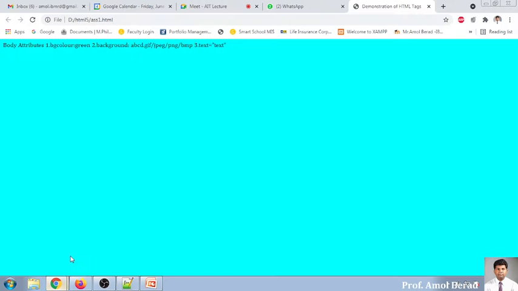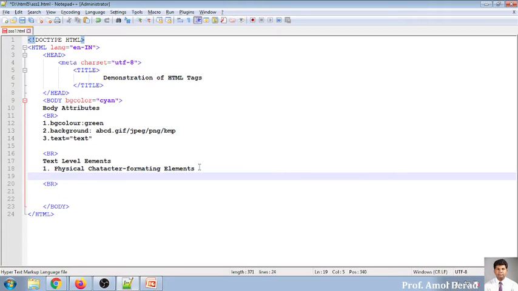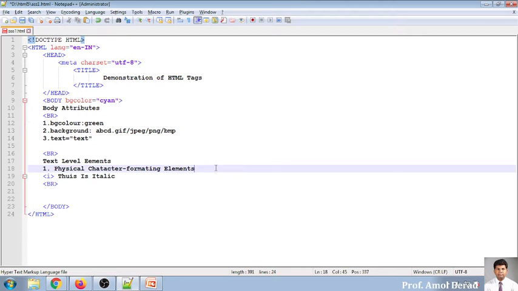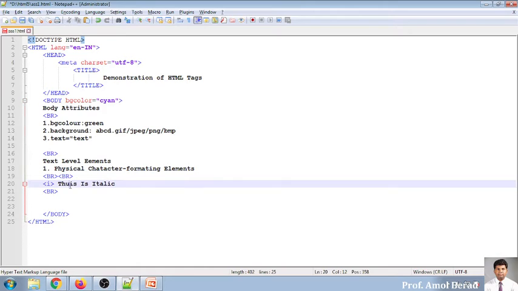So I just get a display of how it will look like. So see, a body tag is there, and then text element. So I want this to be specified. Okay. Now first, the I tag is there, italic tag. So this is italic. So I want to get this output. So I'm using BR 2-3 times. So BR, that means you will be identifying the output directly. Okay. So this is italic.